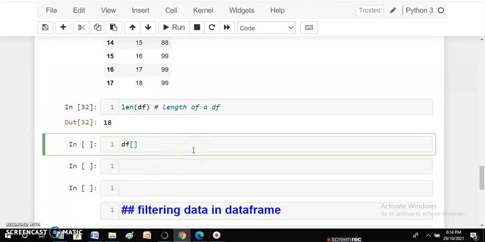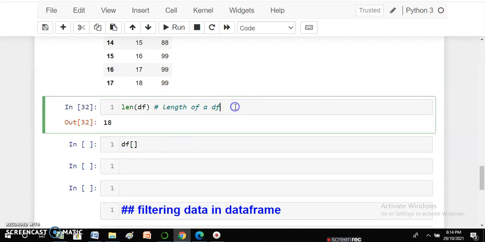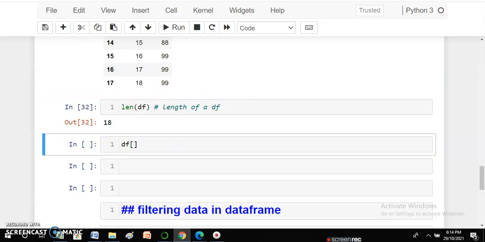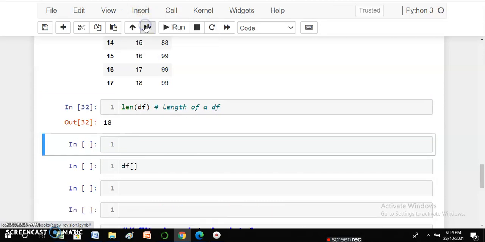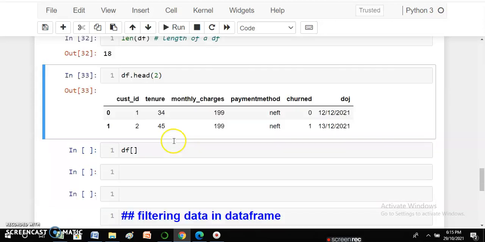For your ease, I'm inserting one cell above and showing you the head, so that you can see what all columns are there in my table. Quickly you can see head 2, I'm showing you 2 records. These are my headers: customer ID, tenure, monthly charges.